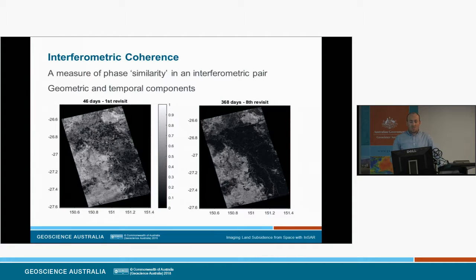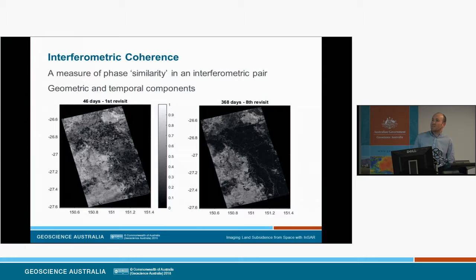Another concept that I'm going to explain is the interferometric coherence. That is a measure of the phase similarity between the two SAR images, or you might think of it as a phase quality. So if you have good coherence, the phase is very good quality and you can be confident in what you see in the interferogram. However, if you have poor coherence, it's much more noisy and you can't interpret it as